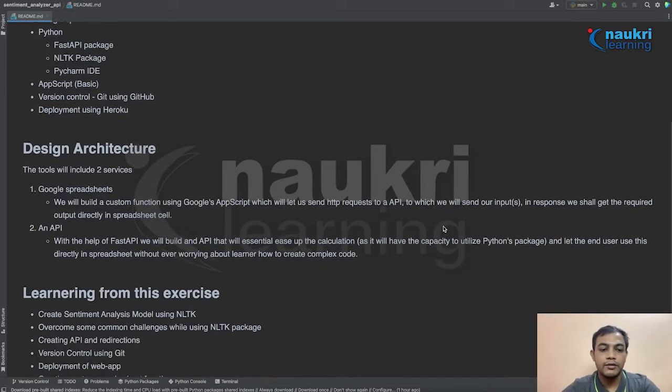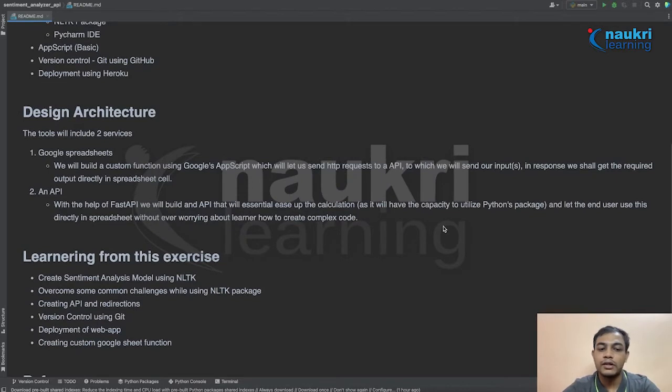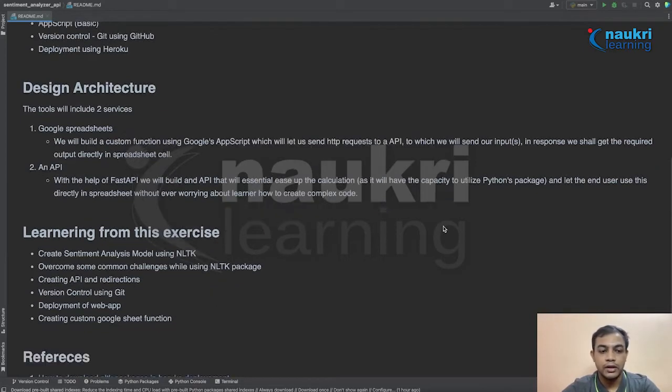And the basic learning is that we will be able to create a sentiment analysis model using NLTK, and we will also overcome some common problems that we deal with when working with the NLTK package, and how to overcome them on the local platform as well as while deploying the app in Heroku. And then we will understand the basics of version control, deployment of a web app, and creating a custom function